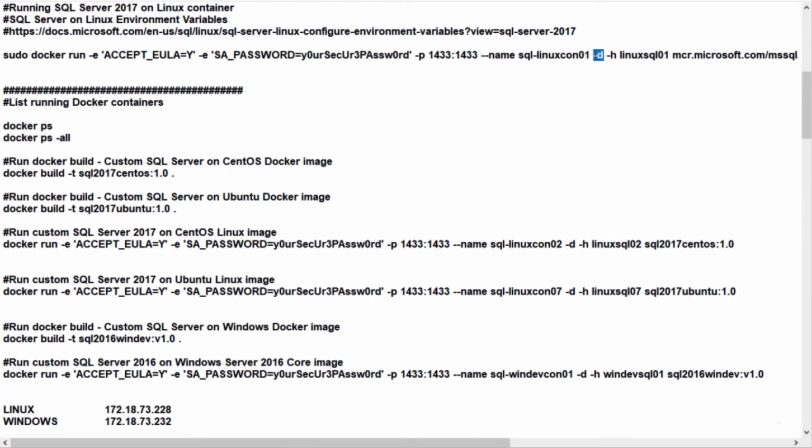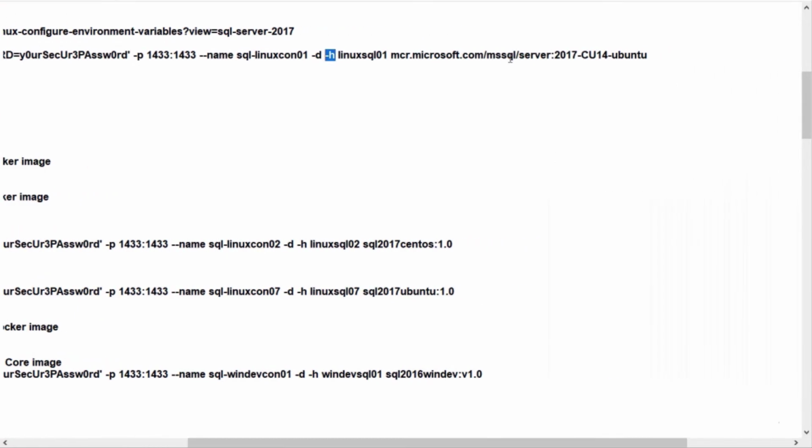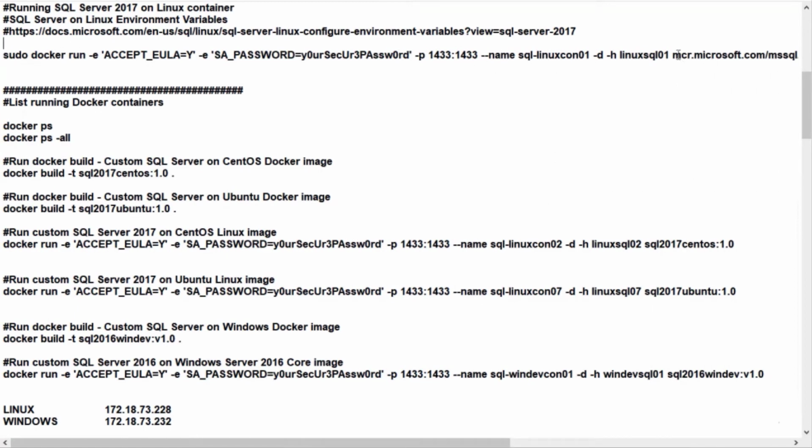I don't want that. For administrative purposes, I want to name my containers. -d, I want to run my container in detached mode, meaning I want to run it in the background, just like a SQL Server service or background process. -h, I want to name this container's hostname LinuxSQL01. Sometimes, connection strings that developers write hard code either the IP address or the hostname. I want to make sure that I'm not breaking any application. And then I want to run this container based off of this image,